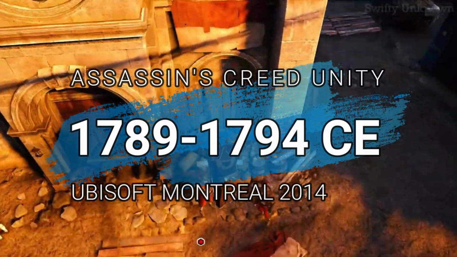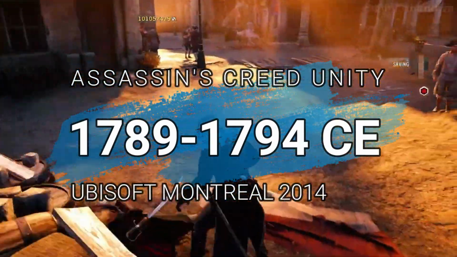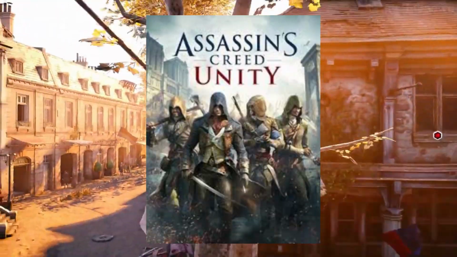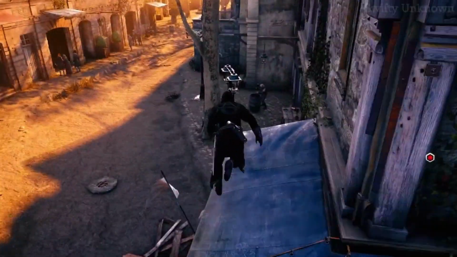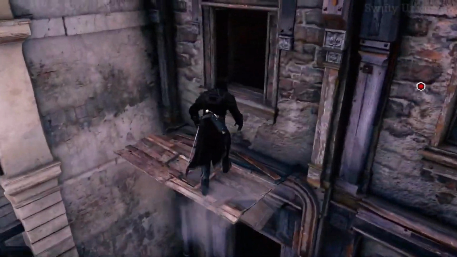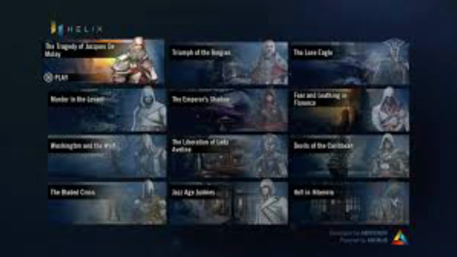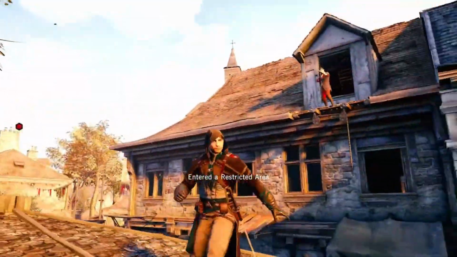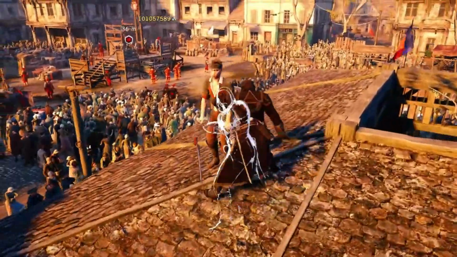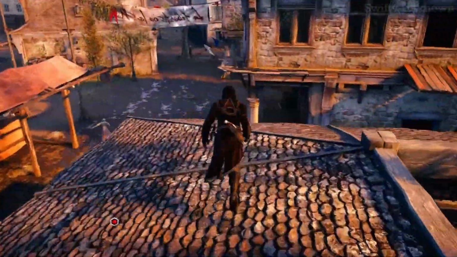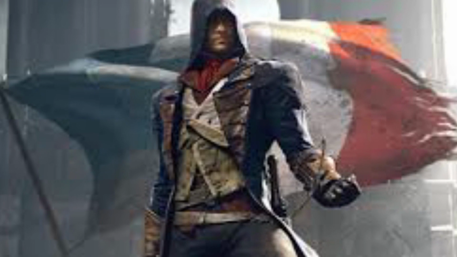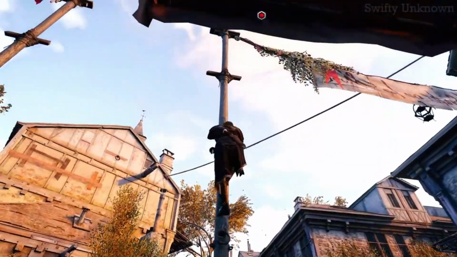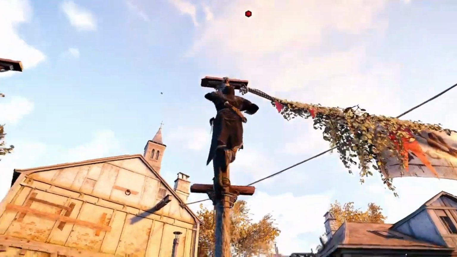Assassin's Creed Unity, 1789 to 1794. Assassin's Creed Unity transports players to Paris during the late 1700s. This follows a brief journey back to France in 1307 during the game's prologue, which is experienced through Abstergo's Helix program. While this sets the stage for your involvement with the assassins in the modern era, the primary focus of the game is in the 18th century. There's a slight overlap, and we also explore a part of the protagonist Arno Dorian's childhood in 1776, before diving back into the main game in 1789. The game concludes with Arno's journey and the Brotherhood in 1794.